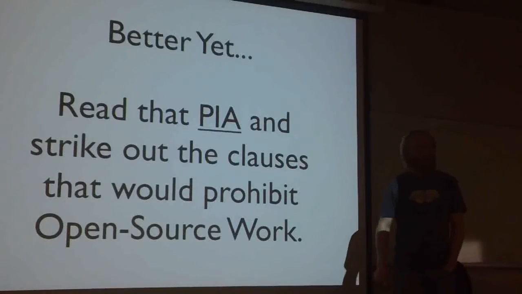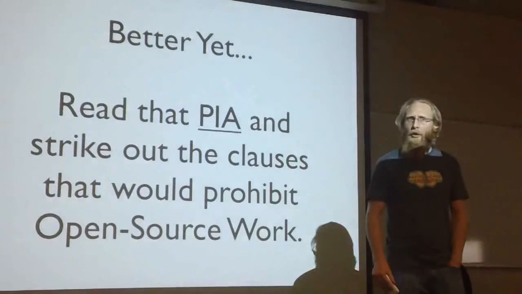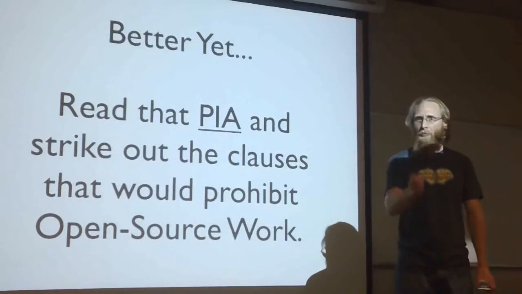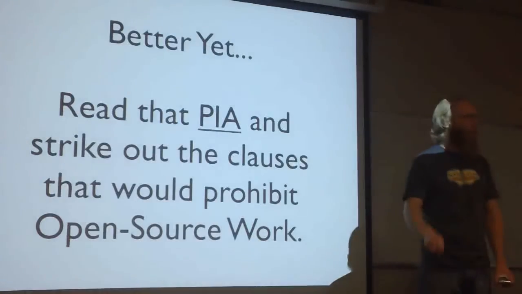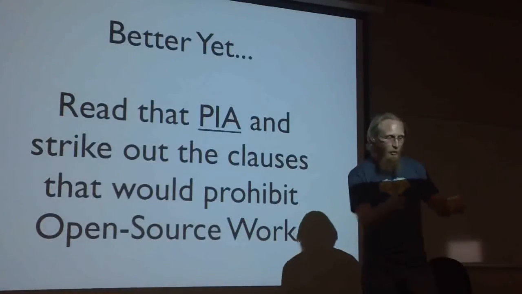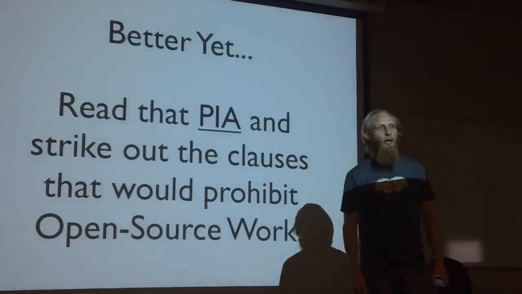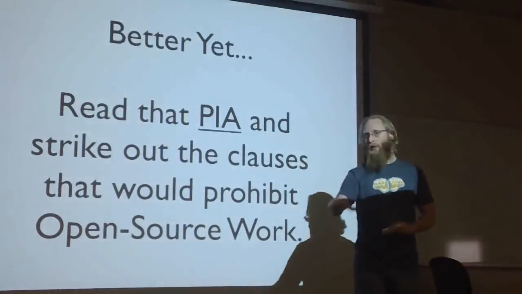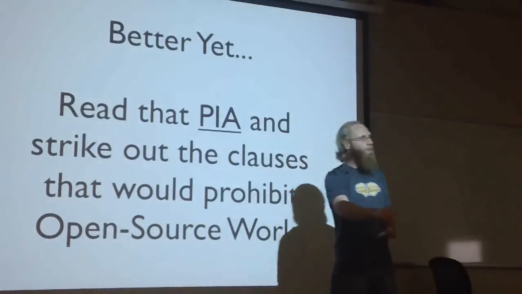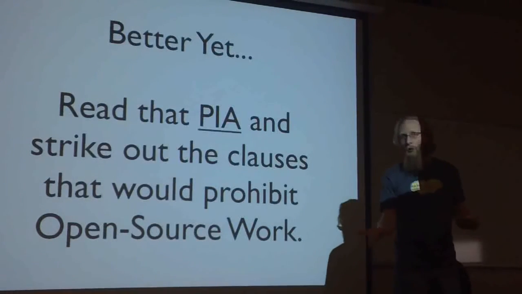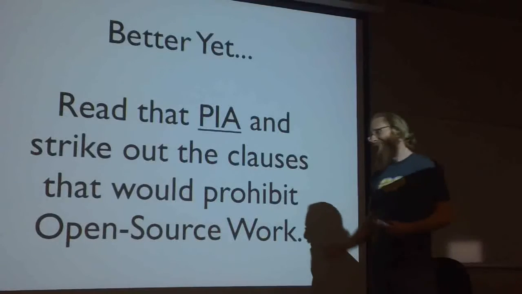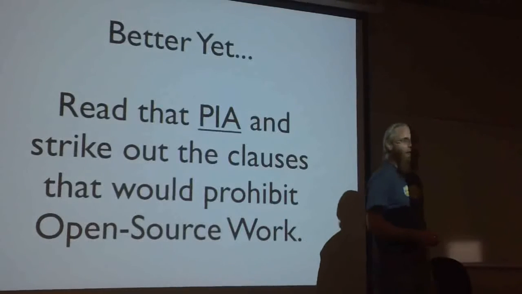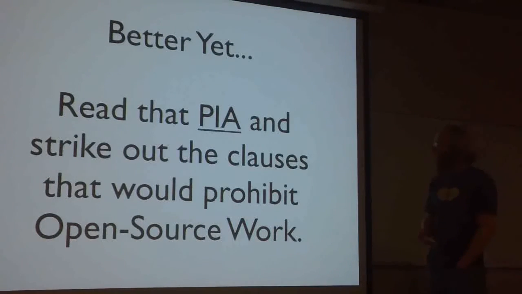Something else I didn't know. When you sign a contract, this is like in any sort of business deal, business transaction, you can actually take a pen and mark out bits of the contract you don't like. Like if you go work for a company and they put something in front of you that you don't like, you can negotiate all those terms. Did not know you could do this. So they put a proprietary information agreement in front of you. Just say, I don't agree to this. Of course, they may not hire you. That's, you know, well, right. But there might be some middle ground there. So you can negotiate these sorts of things.